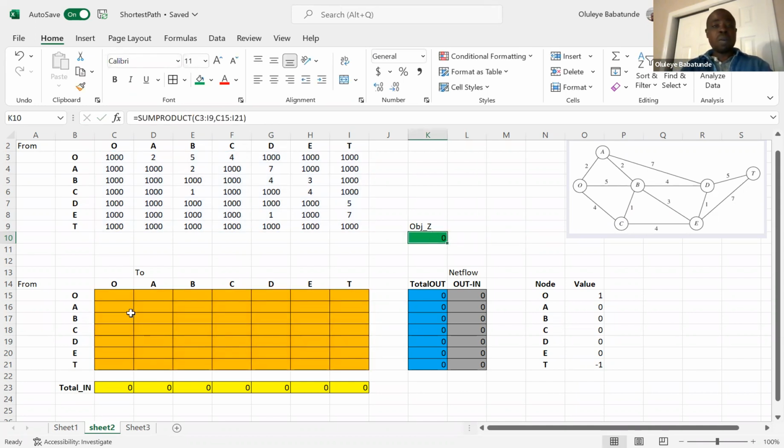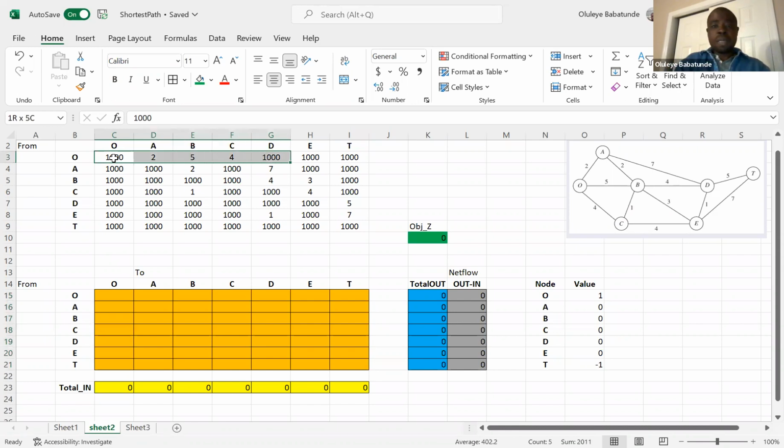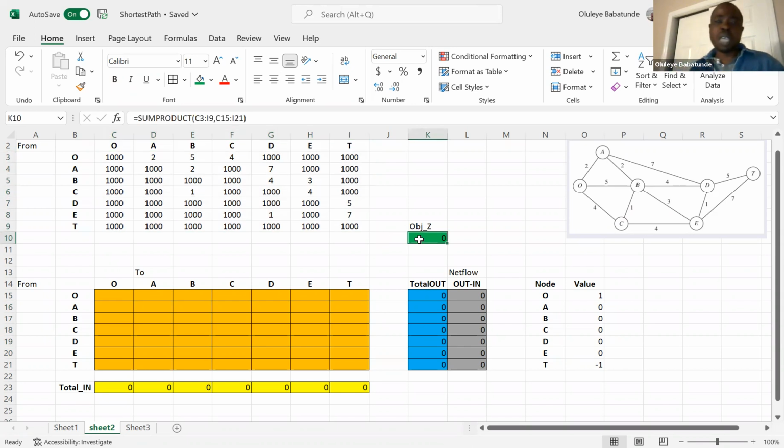And this is going to give you 0 because as it is now, everything here is empty. And by default, Excel will fill up those spaces with value 0 for you. So if you multiply this by this, you're going to get 0 here. Now I have translated or transported all the network problem into Excel solver. So the next thing now is to call the